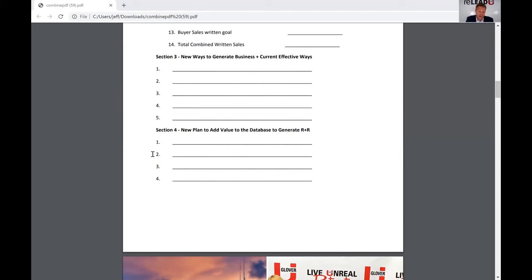Sharing mortgage information. Obviously, I know most of you aren't mortgage loan officers and maybe aren't qualified to give mortgage advice, but people right now want to know what's happening with the rates. When is the last time you updated your sphere of influence on what's going on with rates so maybe they can refinance their house, right? Save them money on their monthly payments. They're looking to you as the one-stop resource.